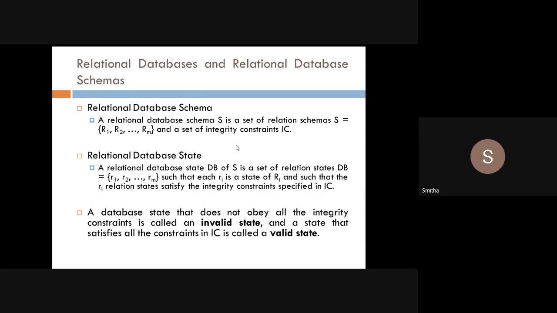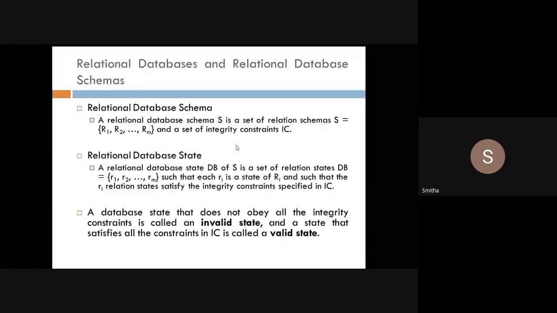In the last class we discussed relational state. Now it is database state. Database state means how many tables are there in the database, what are all the columns in that particular database, like that. In the previous case it was about one table. Now we are talking about the entire database. I hope it is clear for you.